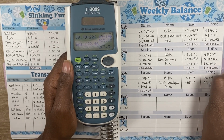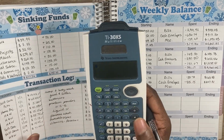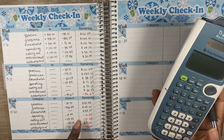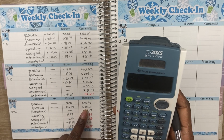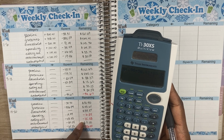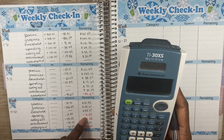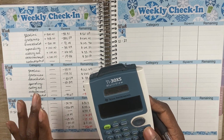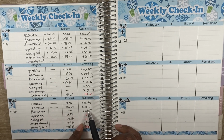Equals 207 with 31 cents. And let's verify if that's true. So if we take the 81.98 plus 58.61 plus the 88.37 equals 228.96 minus the 637 minus the 1528. Yep, so 207.31. So basically what it looks like is the red was taken out of these numbers, but all